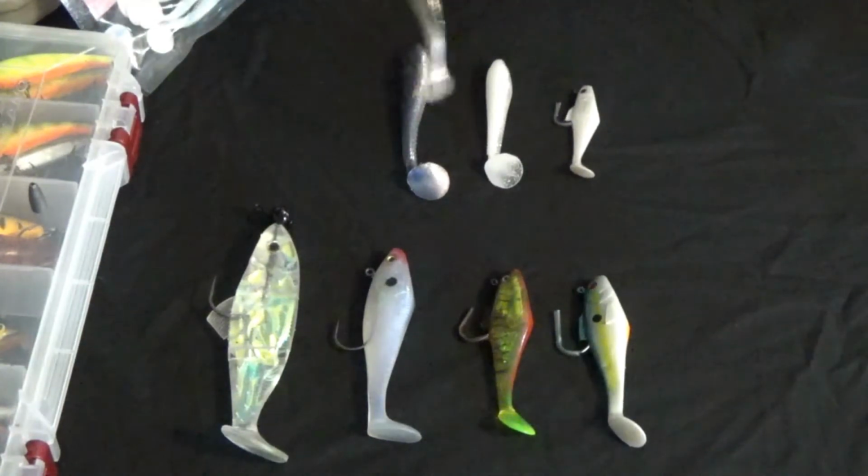Start at the top here. This is the one I've had my most success on so far this season. It is the Ripple Shad 5-inch. The eyeballs come off really easily. I hope these other ones don't come off as easy, but I love the color scheme of it. You can just see how it catches the light. It's really nice, and if I do go weedless, this is probably the one that I'll be trying the most,